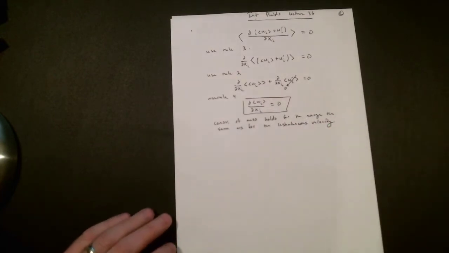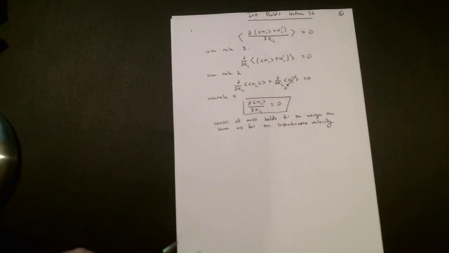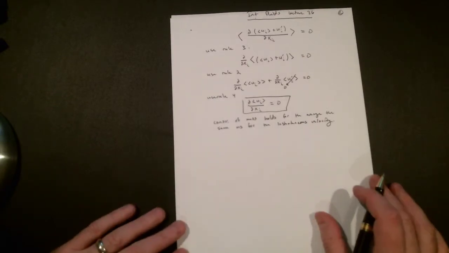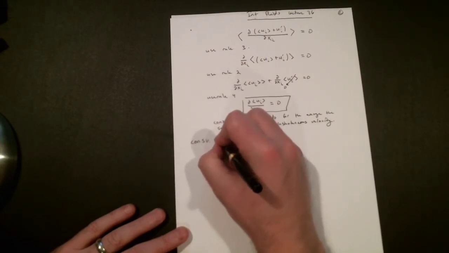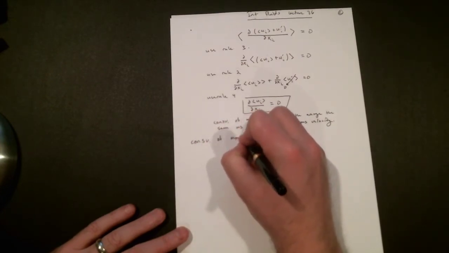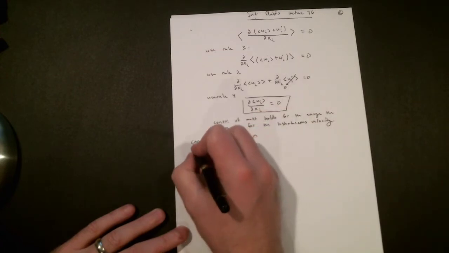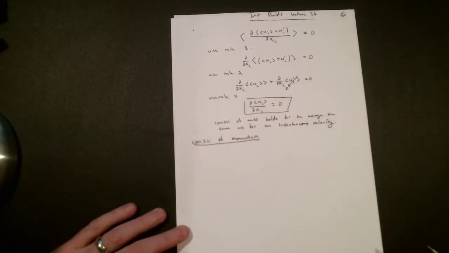Alright, and that's a nice way we can demonstrate the different rules. So, now as we move on, we want to look at conservation of momentum. So now we have conservation of mass, now we want to look at conservation of momentum. We have one of our equations, conservation of momentum, or our Navier-Stokes equations, and for incompressible flow, what are we talking about? We'll do again, this is just incompressible flow.